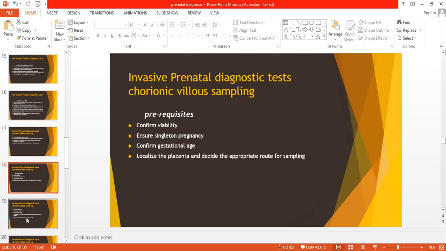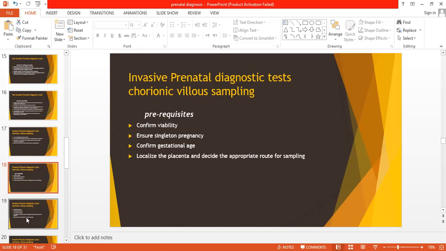You confirm the gestational age that it is above 10 weeks. ठीक है, 10 weeks से कम का करेंगे तो there is increased risk of complications. You localize the placenta and you decide the appropriate route. ठीक है, अगर placenta anterior है तो